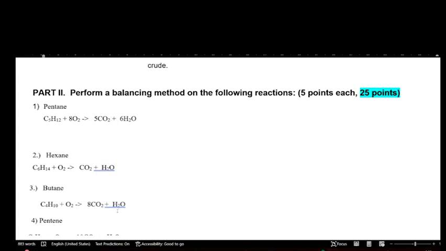Pag ganyan sagot, C5H12 plus 8O2 gives 5CO2 plus 6H2O, ilan yan? 5 points. Okay. Basta dito, wrong answer, wrong. Walang mga partial dito. Exact tayo dito. Ha? Next. Are we okay with this? We now go to